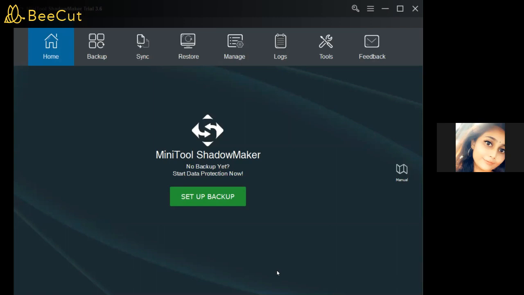We can get MiniTool ShadowMaker as a free data recovery software and retrieve all your lost data right now. So there's no problem that can be faced anymore by your company.